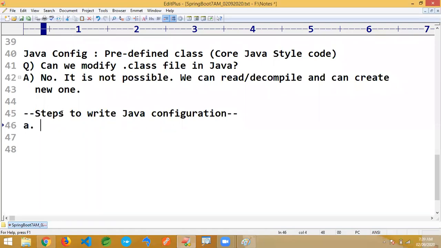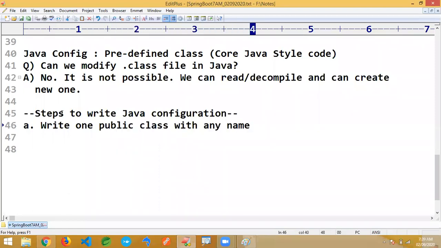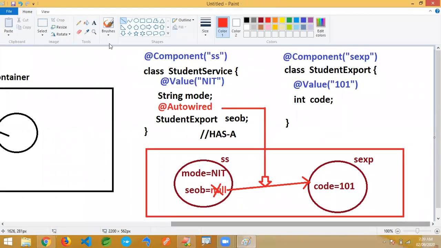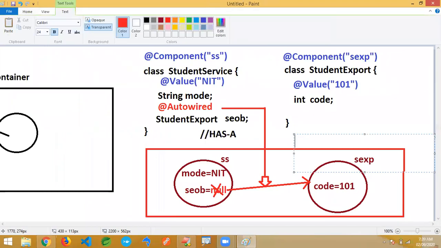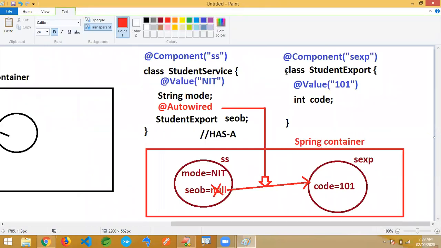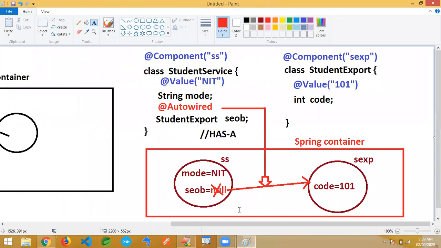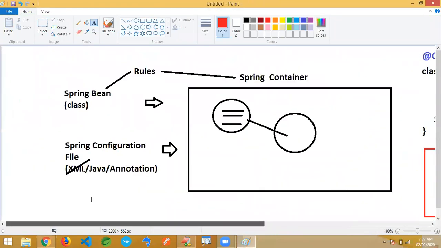Step 1: Write one public class with any name. Why public, you may ask? Spring container has to detect it. Spring container can find only public class. Here I just directly wrote it for practice purpose, but generally it should be a public class.